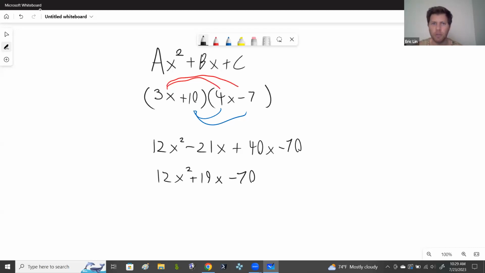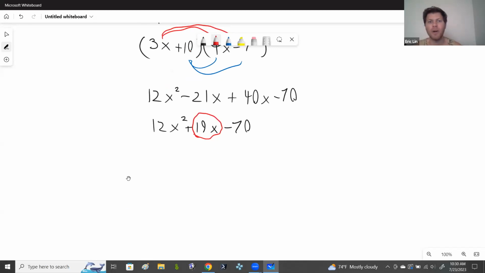Okay. So let's observe a few things. Like I just mentioned, 19 is a very strange number. I'm not sure I can really do anything with the knowledge that that middle term, our B term, is positive 19. I am scratching my head there. However, these two numbers, the 12 in front of the x squared term and the -70 as our C term, tell me some things. So if I look first at the 12x squared, this tells me that the binomials